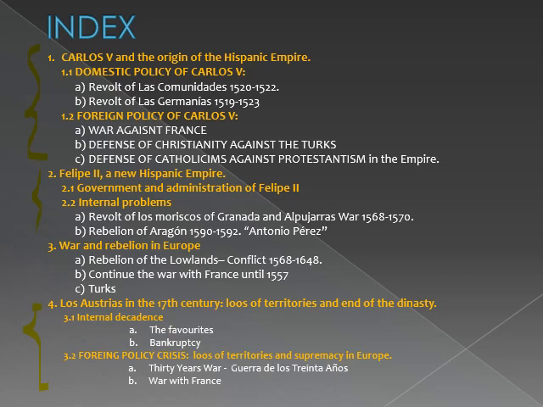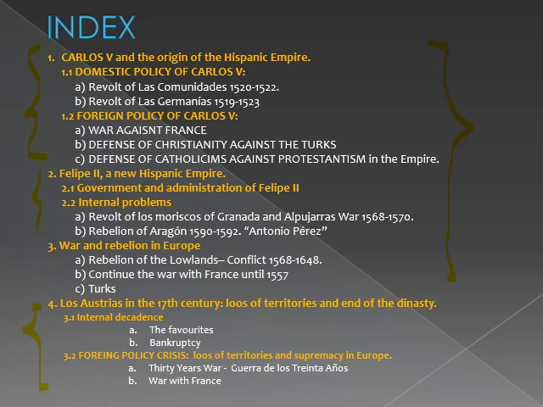Historians divide the dynasty of the Austrias in two centuries. The Austrias of the 16th century, Carlos V and Felipe II, Charles V and Philip II, are called Austrias Mayores, because it's widely believed that during the time of their reign, the Spanish Empire lived its peak of splendor. The maximum supremacy of the Spanish Empire was lived during the 16th century.